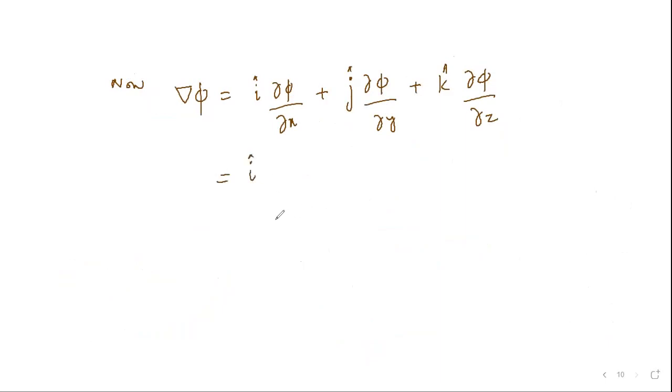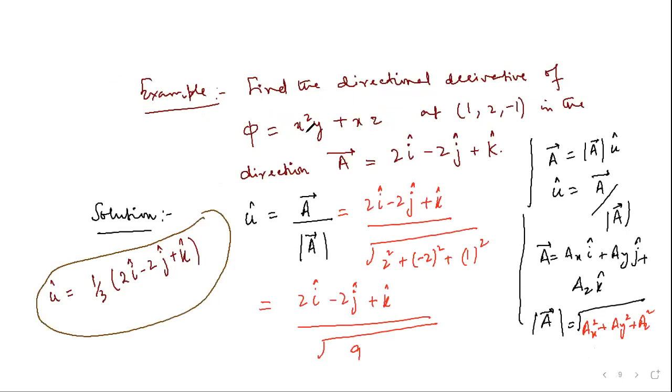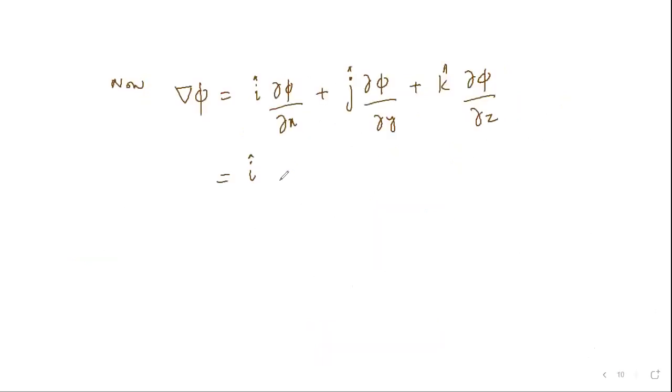Find its partial derivative. This is my phi. Now if I partially differentiate with respect to x, this term will become 2xy and this term will become z. So it will be 2xy plus z,